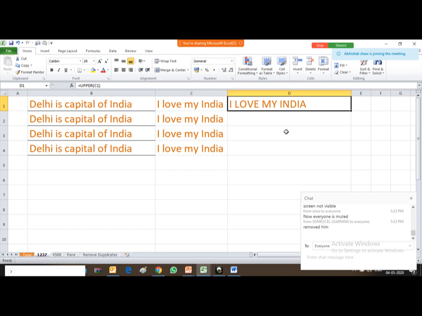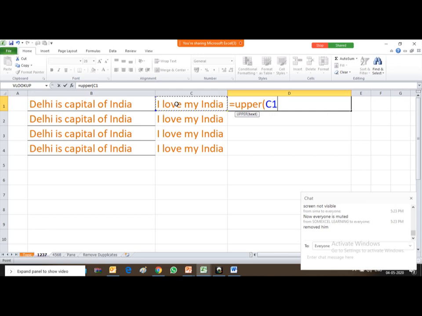So we have seen this upper formula. I'm again repeating it. If you want to convert the cases into uppercase, equal to upper, U double P E R, upper, start bracket and click on the cell for which you want to convert the letters into a different case, and then close bracket, enter.